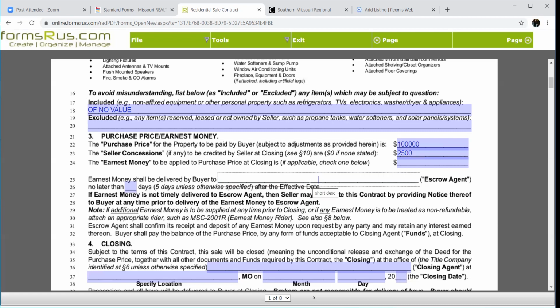I would just tell you to go to whatever title company you're going to close with and have them hold it. And they've got it within 5 days of the effective date. So this is something you need to pay attention to because you've been around for a while: we've been used to 10 days to get the check deposited. Now we've got 5.